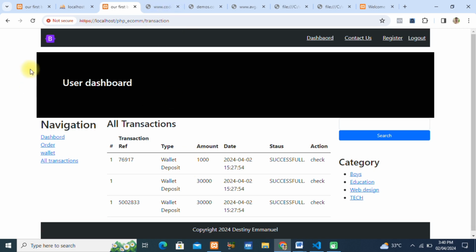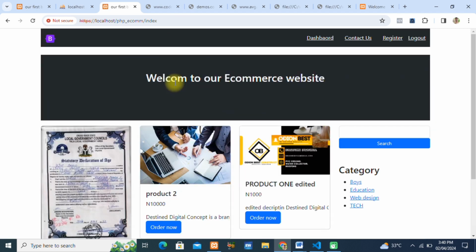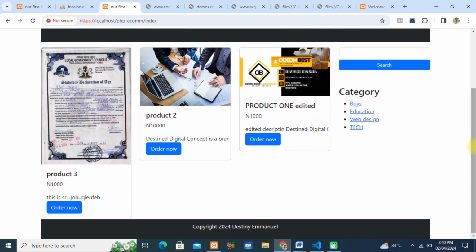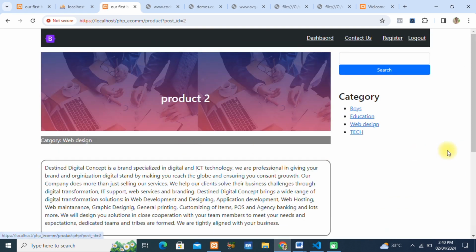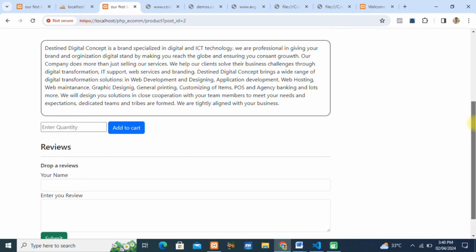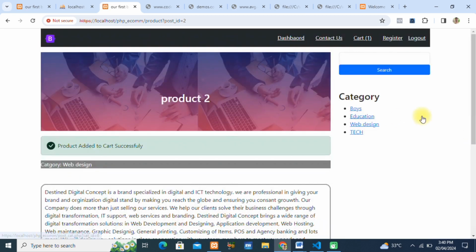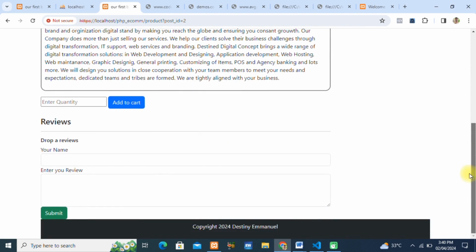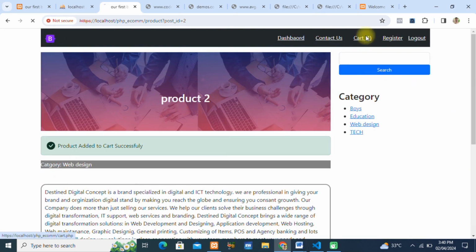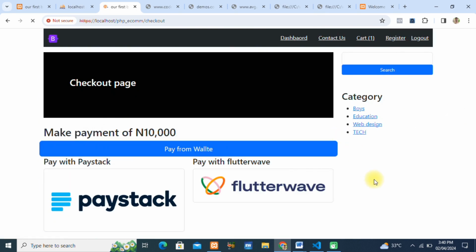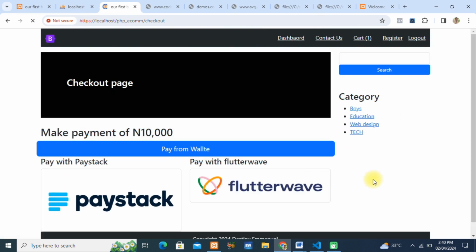For instance, when a user makes a purchase, it should log on the transaction table, so the user can see their transactions. For instance, I want to order this product now. Let me order just one of it, add to cart. Then let me go to my cart now. If I check out this product, it's not going to display on my transaction section, okay, because it has